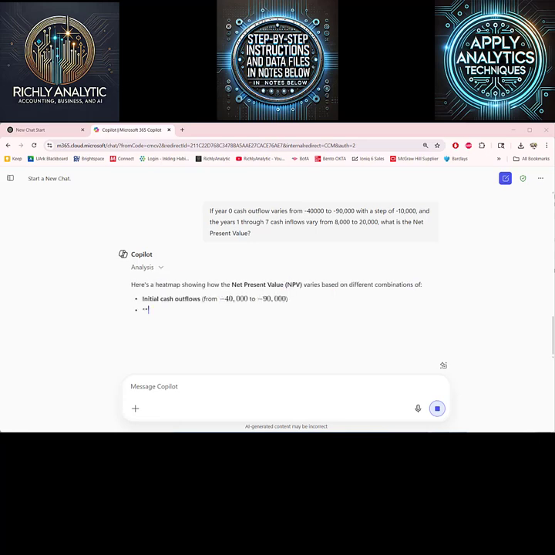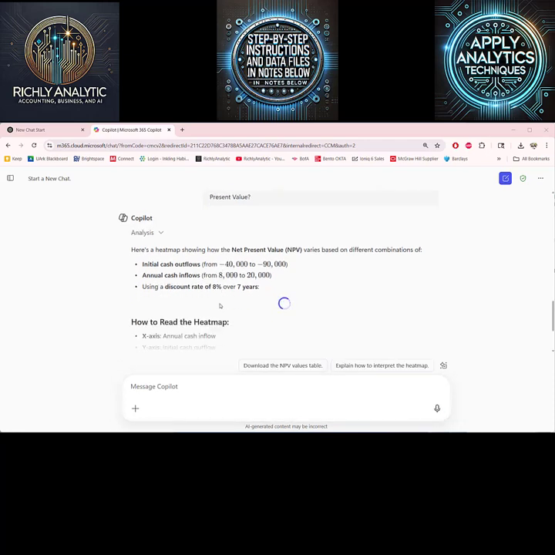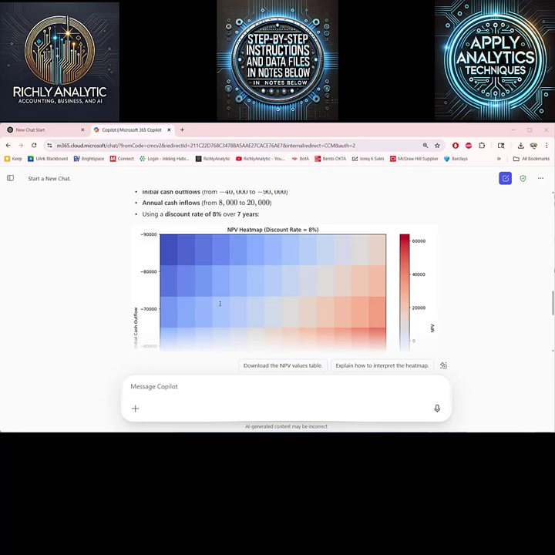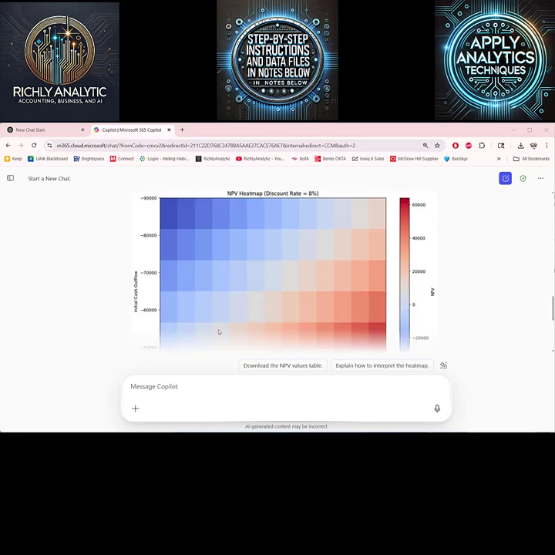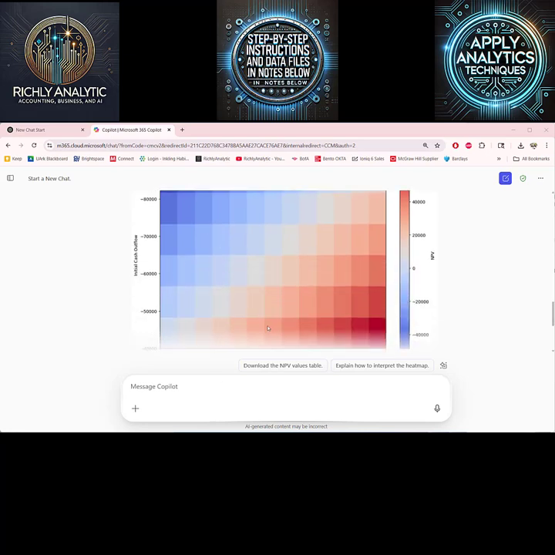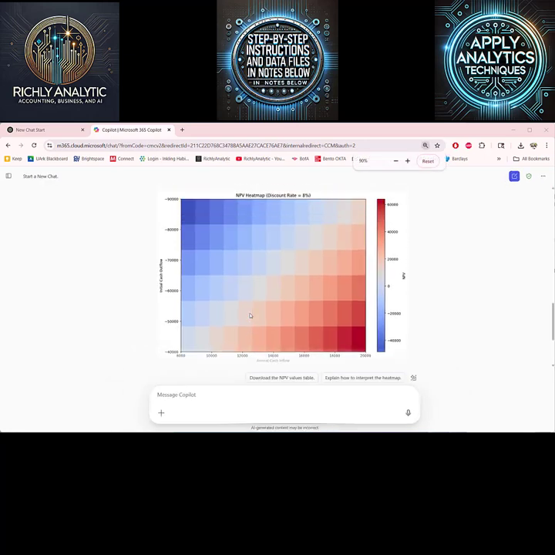Let's see what that looks like in terms of this sensitivity analysis, because what we want to know is how sensitive these things are to various changes in assumptions, because when we make an investment, we're not certain what it's going to look like. This immediately went to a heat map, and you can see that heat map here. Let me make it just a little bit smaller so we can see it all.